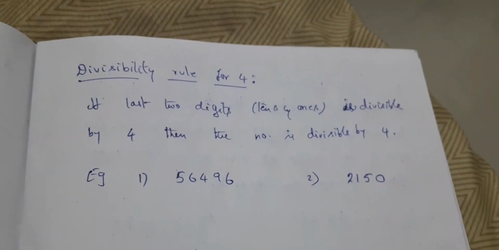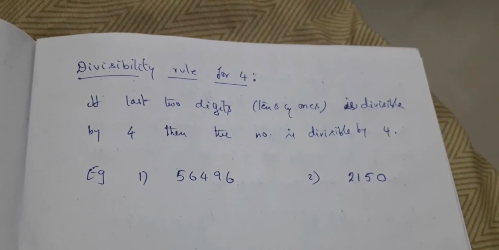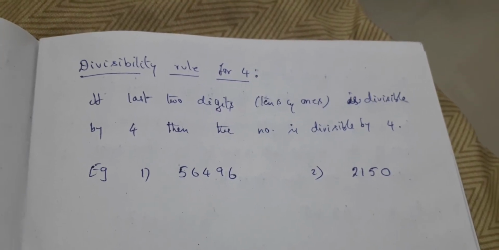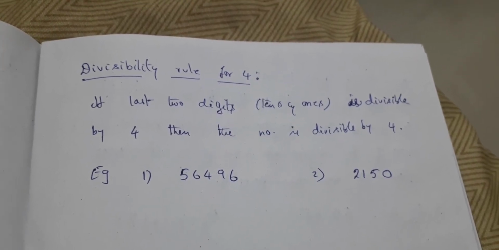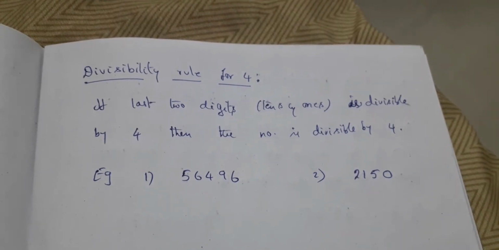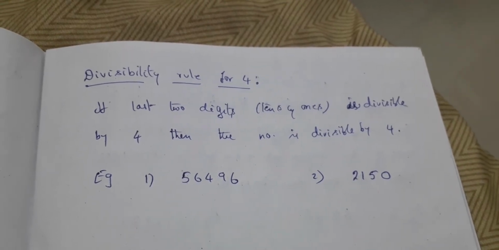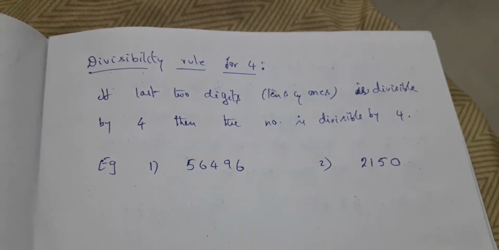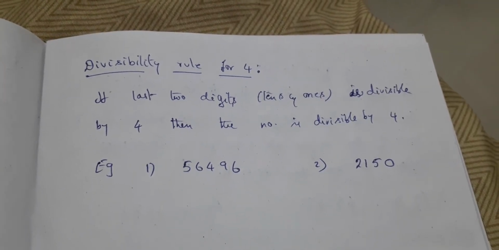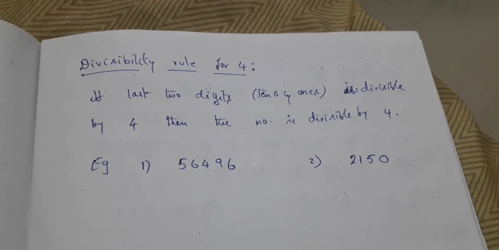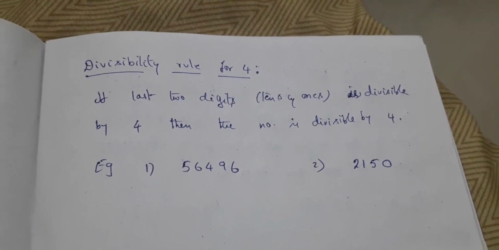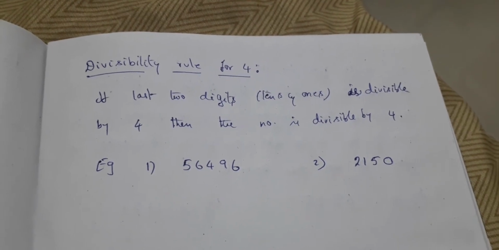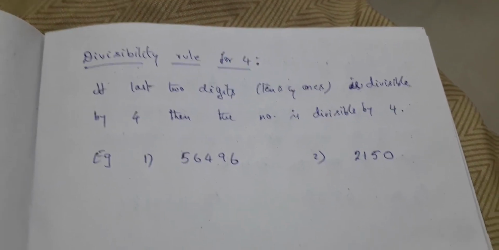Good morning, children. Now we are moving to the last part of the topic. Okay? So we have already discussed divisibility rule by 3, divisibility rule by 6, and divisibility rule by 9. We are done with that, right? So in the last part now you have the divisibility rule for 4, the divisibility rule for 8, and the divisibility rule for 11. So we have 3 divisibility rules here.